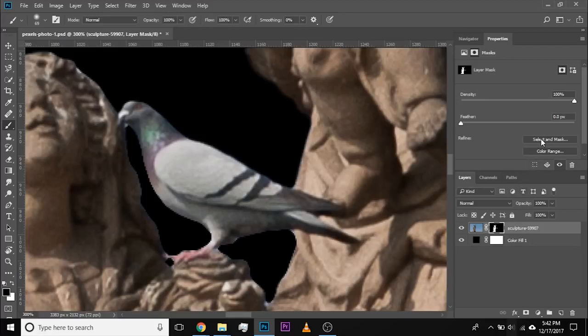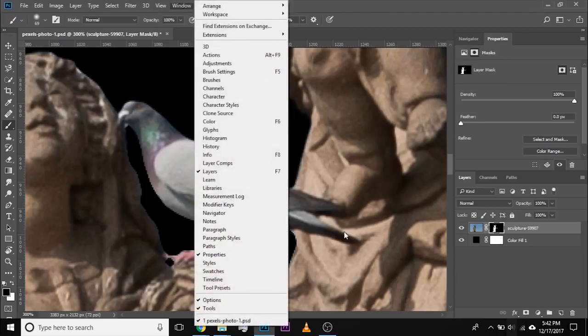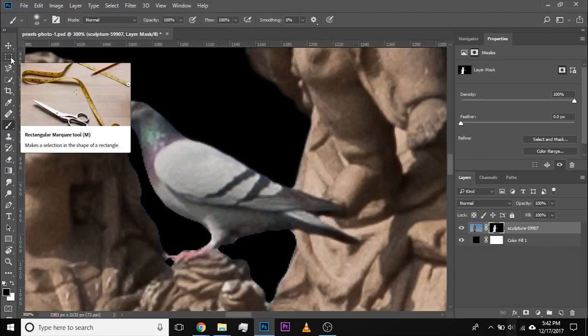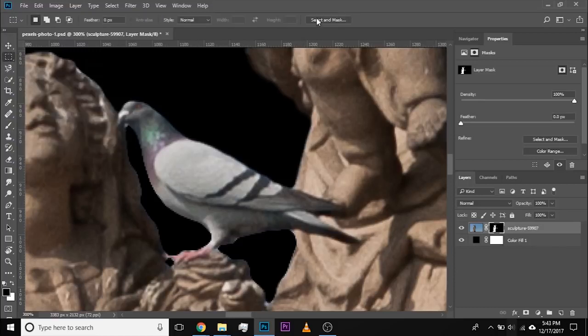Okay, you can enter Select and Mask by making sure the mask is selected, and inside of the Properties panel there will be Select and Mask. If you don't see it, you can go to Windows and then Properties, and then you will see Select and Mask. Or you can choose any selection tool and Select and Mask will show up over there. If you're using an older version of Photoshop, you might not see it. I'm already warning you, you might have to use the Refine Edge, but anything beyond Photoshop CC 2015.5, you will see the